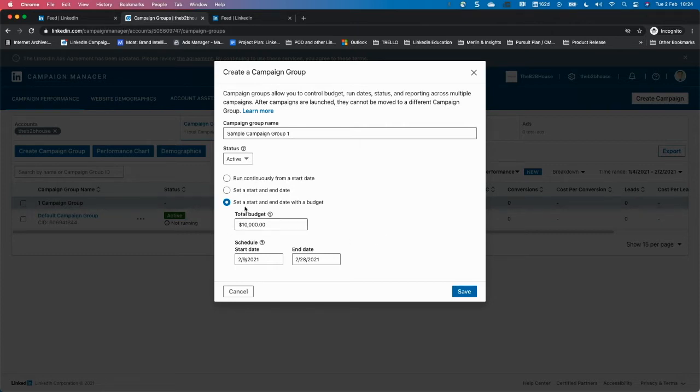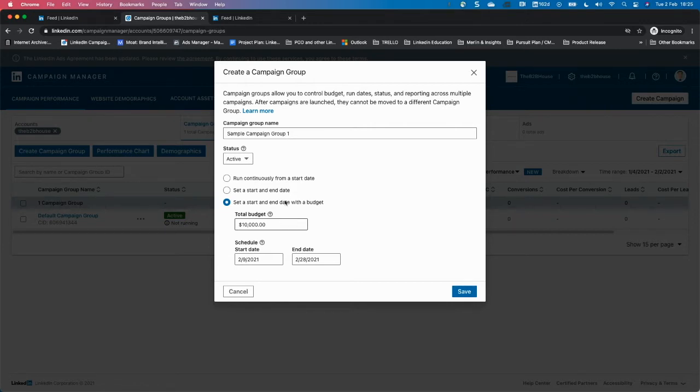And this is a big miss. I see it's a big mistake that many marketers make all the time. I can't tell you how often this happens, where marketers forget to update. Let's say they start off with a 10K budget. Throughout the campaign, they realize that they've got extra budget and they update the campaign level to 20K, but they forget to update the campaign group level, which caps the entire campaign. And then they're wondering, why has my campaign stopped right now? They get confused because of the campaign group. Most people forget to update the budget when there's a budget update. So